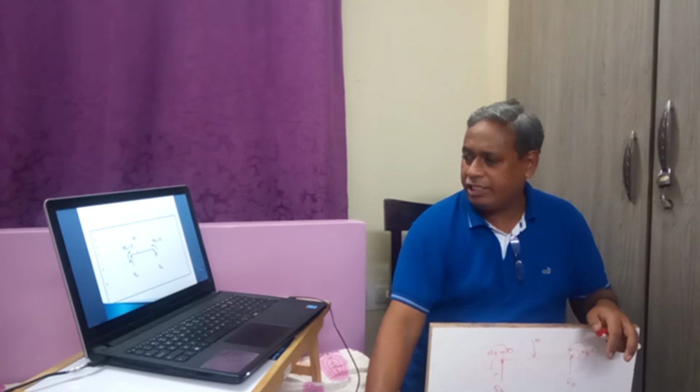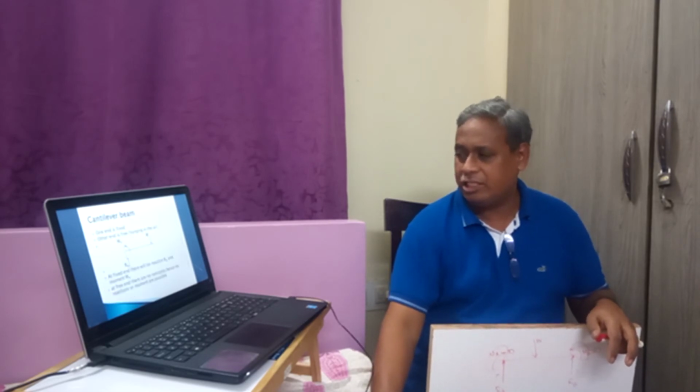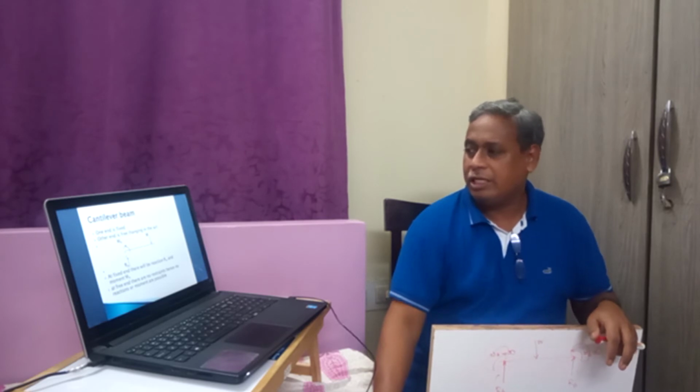This weight is resisted at these 2 points, that is at A and at B. These 2 points are offering resistance to the weight. That means RA and RB are bearing the entire load. So in our further classes, we will see that this load is shared by both A and B. That is, RA and RB share the load W. Therefore RA plus RB is equal to W. In the next session we will see this type of problems in cantilever beam.